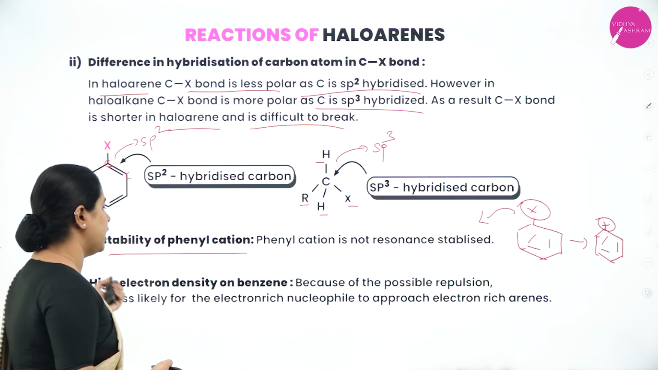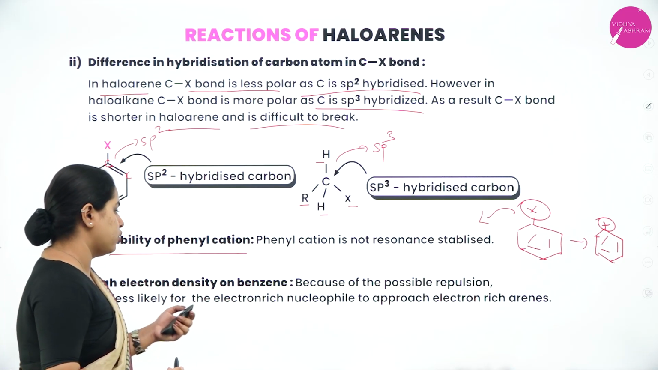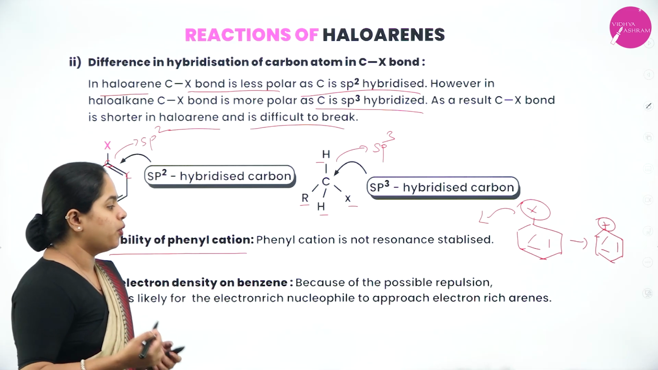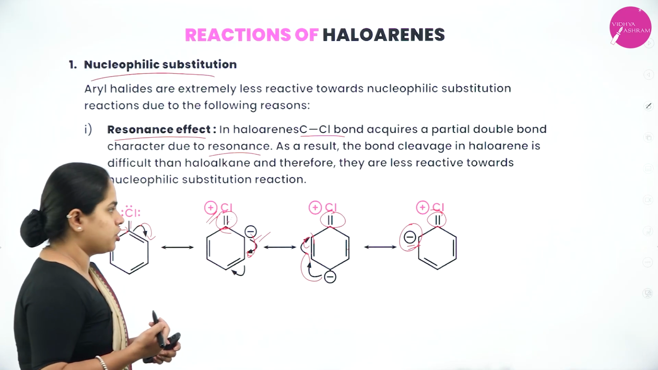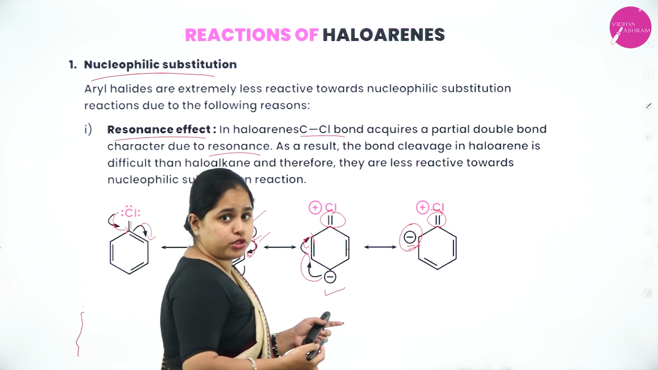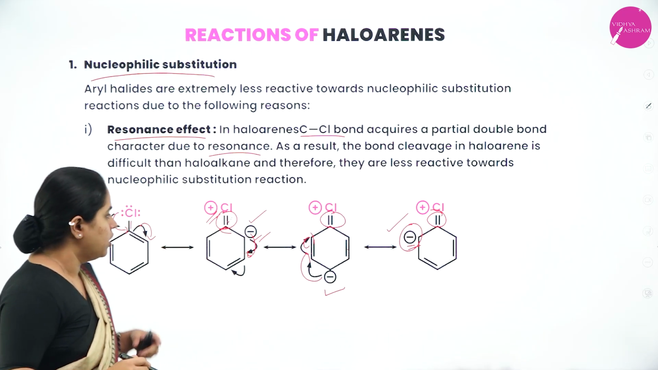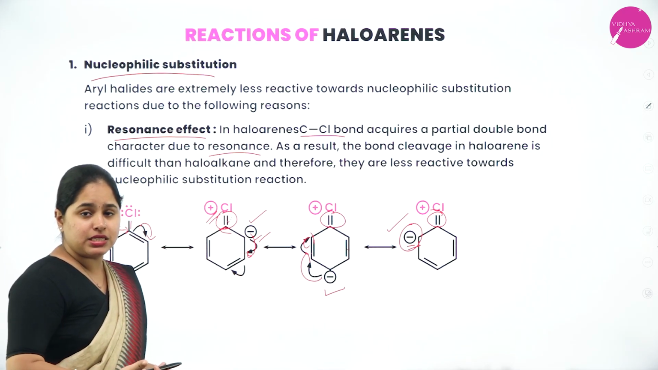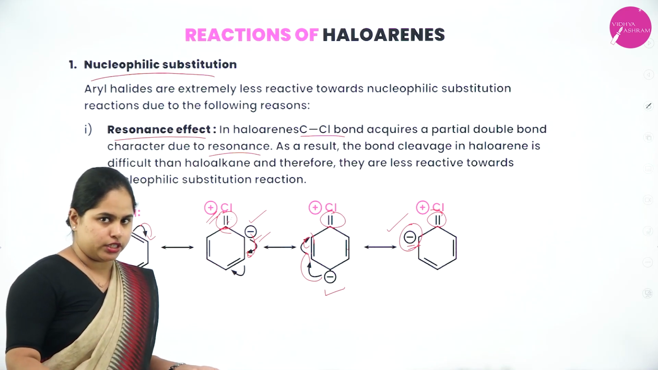Now the last one is high electron density on benzene. Because of the possible repulsion, it is less likely for the electron-rich nucleophile to approach electron-rich arenes. Now what does that mean? As we have seen in this resonance structure also, in this ortho position you have a negative charge, in this para position you have a negative charge, and in this ortho position also you have a negative charge. So as you can see, this benzene ring or this haloarene is itself already electron rich,